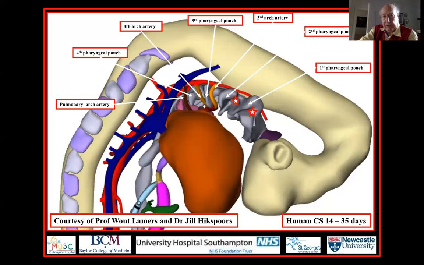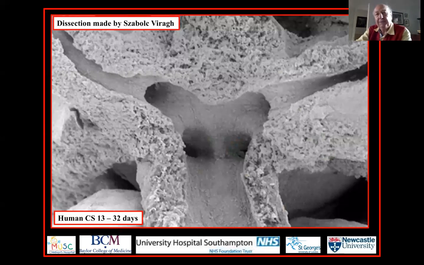So now I'm going to call this segment of mesenchyme the pulmonary arch, and I'm going to call the artery running through it the pulmonary arch artery. Because what I'm going to show you is that it is this segment of the aortic sac that forms eventually the part of the system that gives rise to the right and left pulmonary arteries and continues as the arterial duct. But let's come back for a moment to the aortic sac, because here we see beautifully what we mean